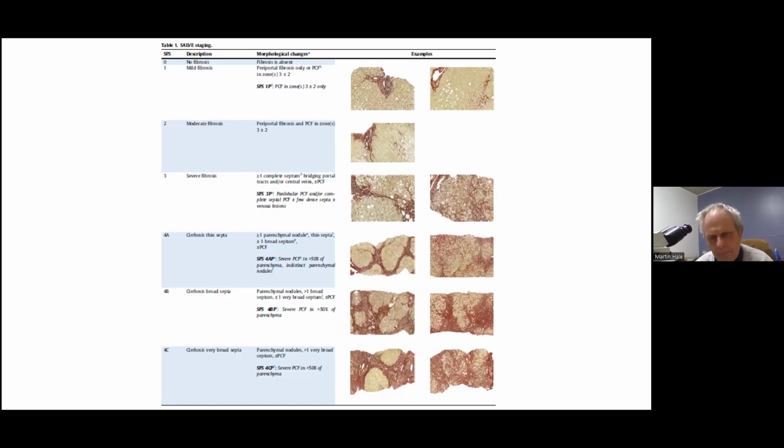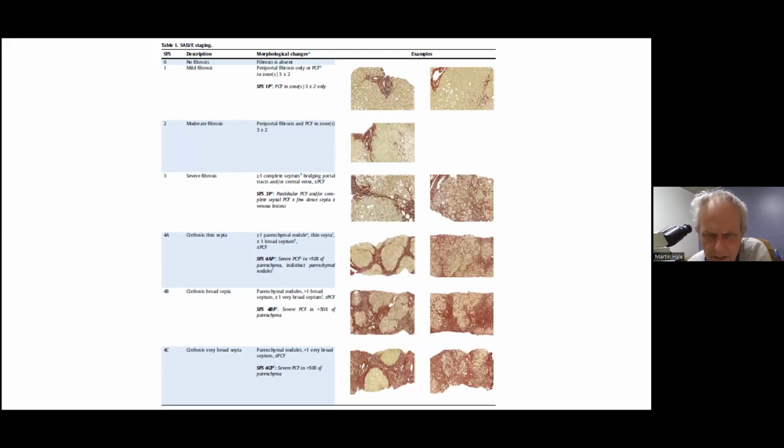And in fact, people are now starting, and you will have seen in the literature, to talk about grading cirrhosis. In the old days, we would say, and I must say I'm guilty of this myself, that I still talk about cirrhosis as being end stage. But these days, with the concept of reversible fibrosis, and reversible cirrhosis becoming more evident, it is probably becoming important for us as histopathologists to separate out cirrhosis into 3 different elements.